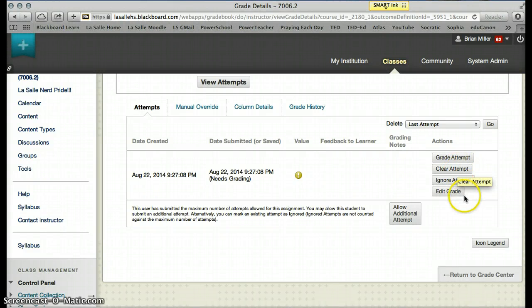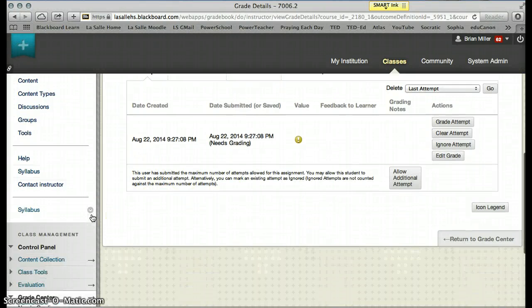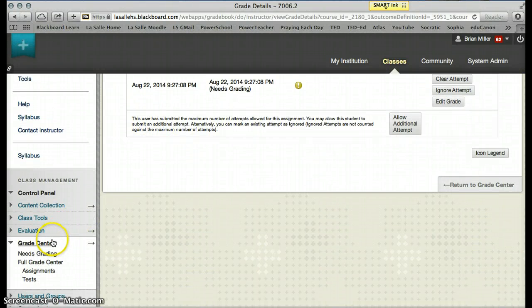the attempt, and then once you have cleared the attempt, you would return back to the grade center and see that the assignment was no longer available for grading. And then I would suggest you probably email the student to let them know that you have completed that for them. So once again, under the grade center, under full grade center, you would choose the assignment or the test